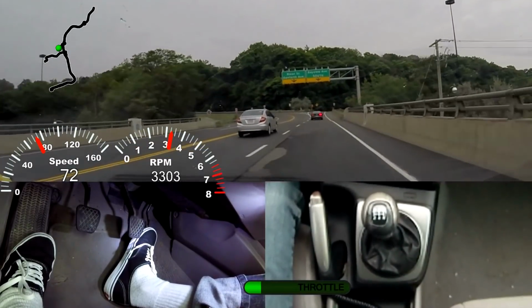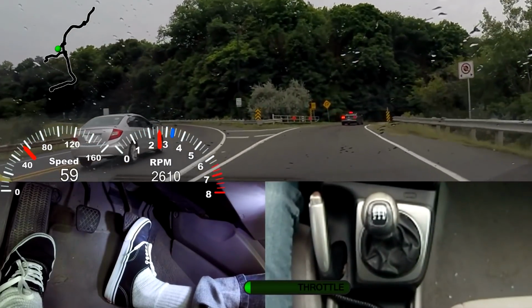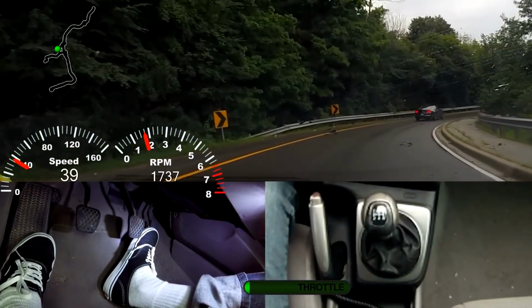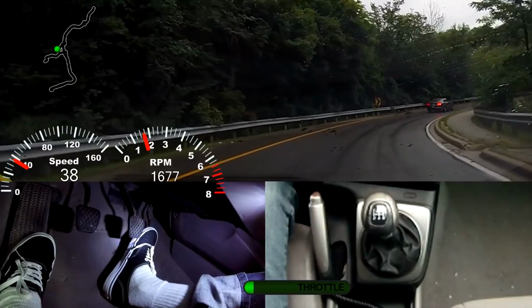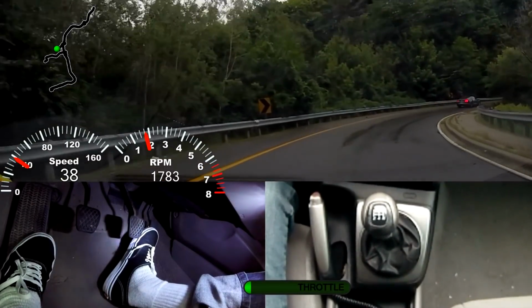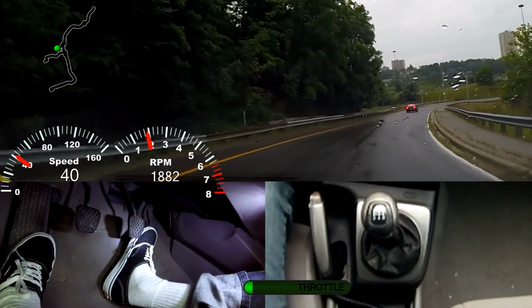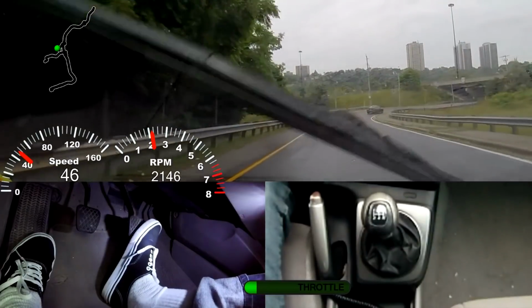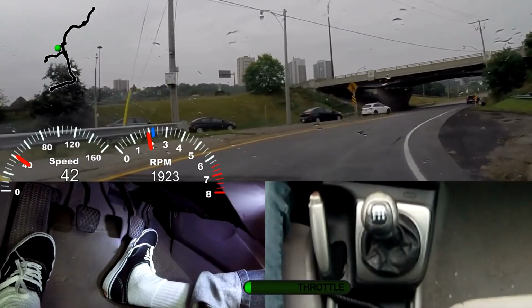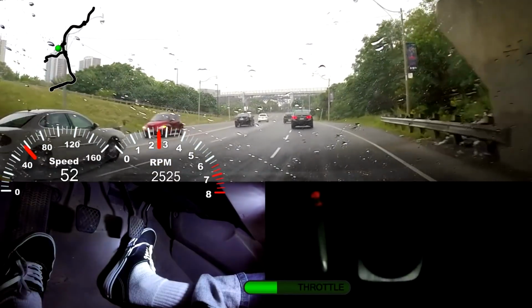brake in a straight line, ease off the brakes, gentle turn, gentle gas. It's raining, so it's slippery. Don't want to hammer the gas or the brakes. Brake in a straight line, ease off the brakes, make my turn, look for the turn to straighten out right here, press the gas, accelerate,